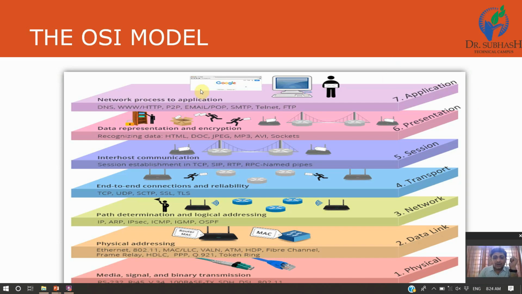See here, whatever we are browsing, whatever we are searching from the internet, as well as we are using our computer and mailing system, postal mail, that deals at the application layer. So the application layer may provide the GUI, graphical user interface, that is directly seen by the sender as well as receiver. That is the application layer. Network processes to applications.